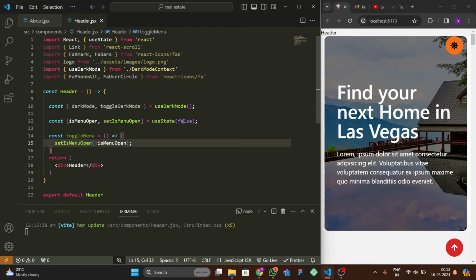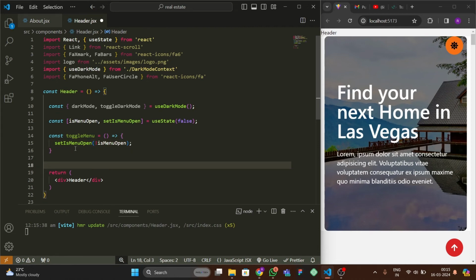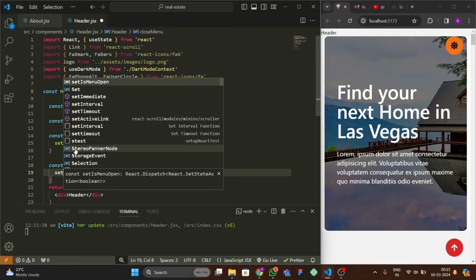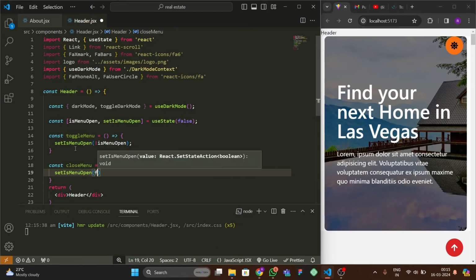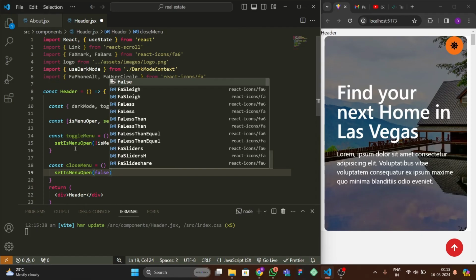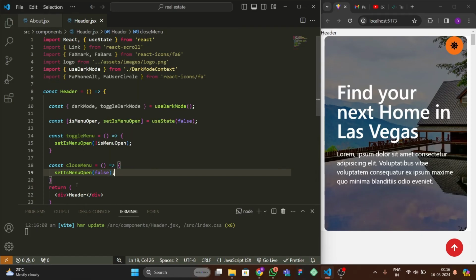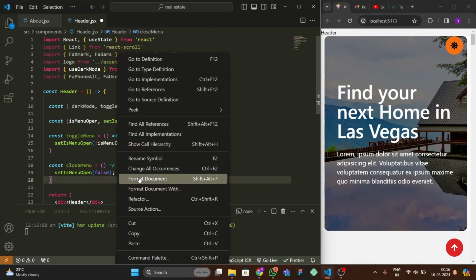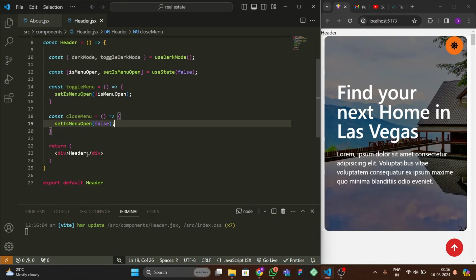And also if you want to add a function for the close menu, let's make a function for that. So when you click anywhere on the screen, this function will trigger, and it does a simple thing, it will make it false, meaning the menu state will become false, so our menu will be closed. Okay,